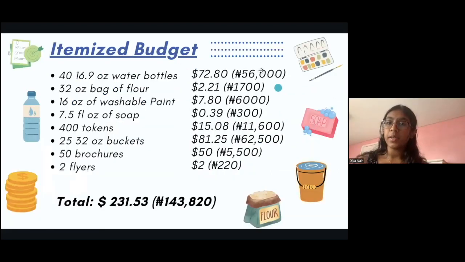This is our itemized budget for our workshop. We used our allotted $500 towards these items so that our participants could get a thorough understanding of why prevention is necessary, how to prevent typhoid, and how typhoid spreads. With this knowledge, they will be able to bring it home to their families and prevent cases of typhoid.